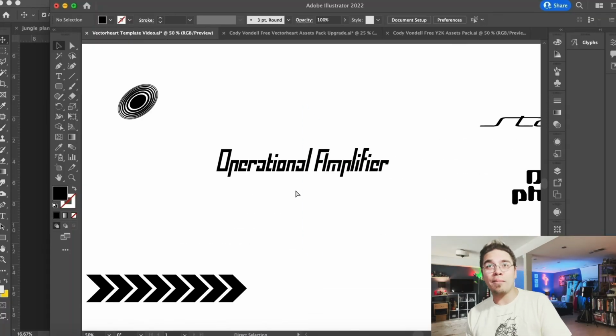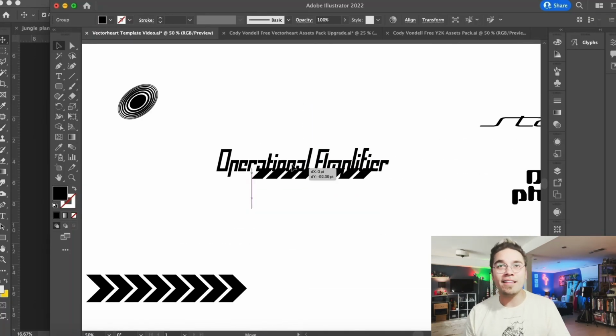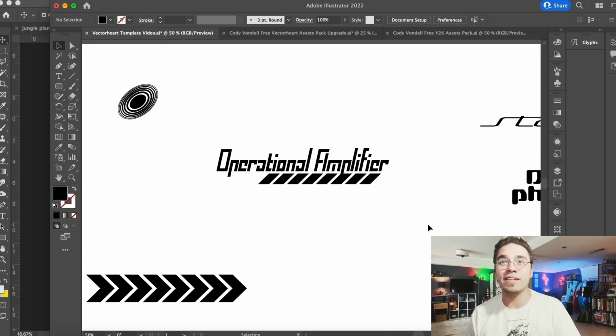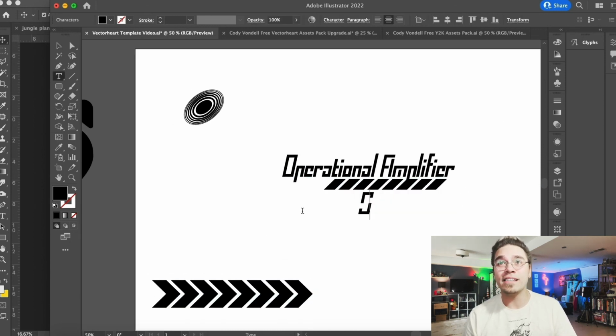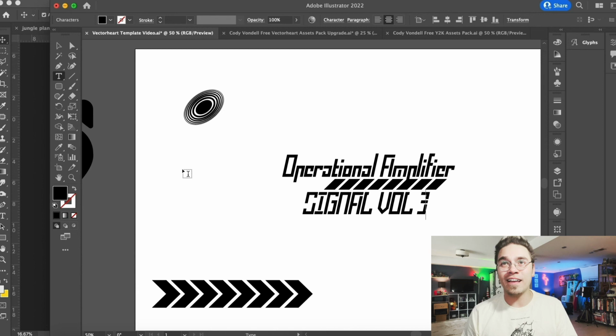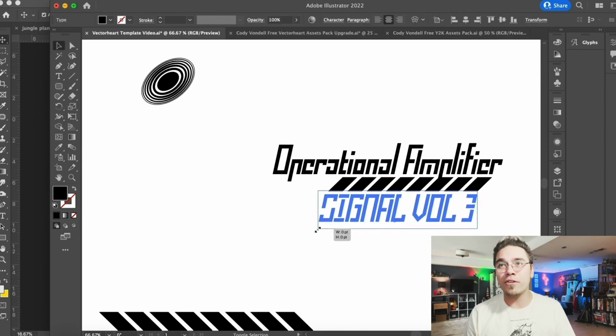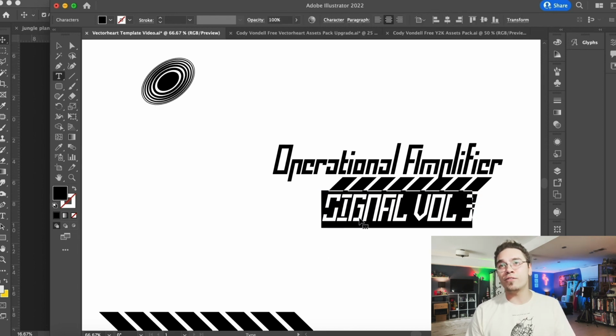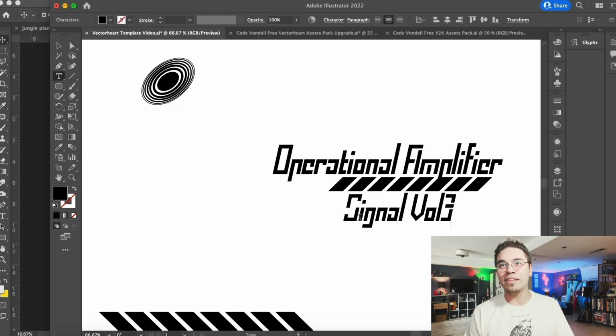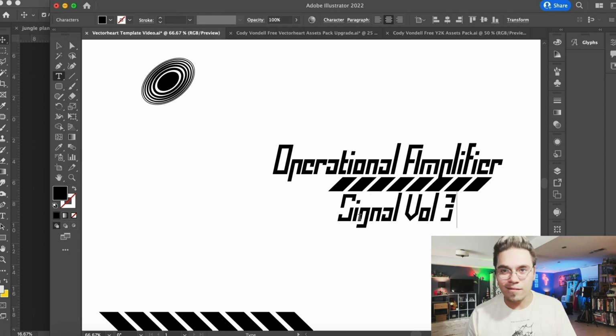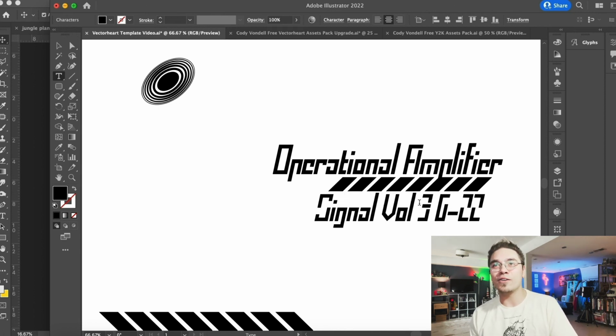We have one more, operational amplifier, and this one is a lot of fun. We're gonna go ahead and pull that same little half a chevron piece. It has sort of an under construction kind of vibe. We're gonna make this operational amplifier signal volume 3. I don't know what it means, but it sounds cool, so that's what we're doing. Signal volume 3,